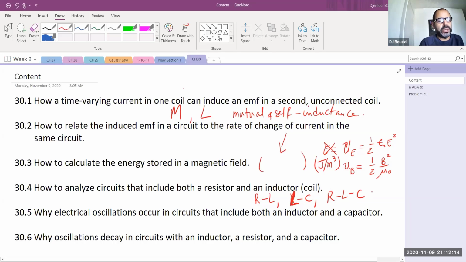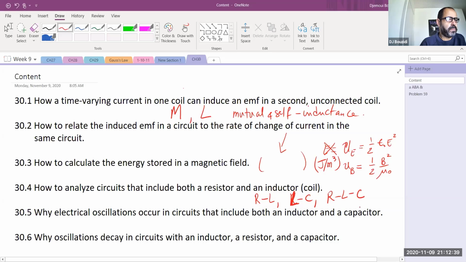This is the most general circuit that we're going to have in this class, the RLC circuit, which is really the most advanced circuit. We're going to take the easy case of all of these devices in series. If you take electronics or electrical engineering, you're going to do far more complicated circuits than this. We're going to take a simple case. We're going to talk about resonance,